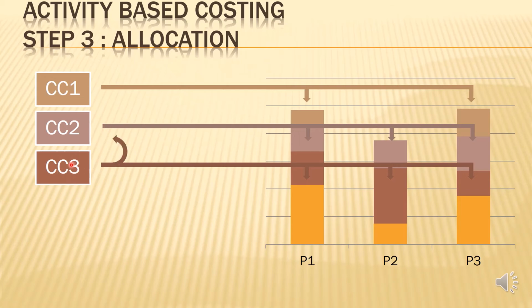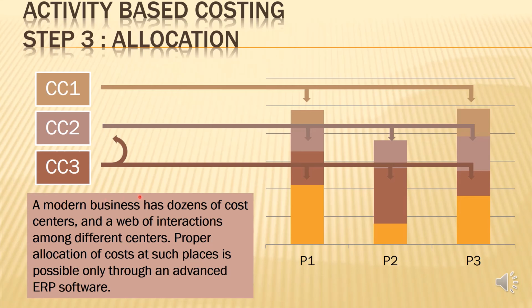So such as this one, where CC3 is passing on some of the share cost to CC2, and only some part is going to the products, and then CC2's total cost will increase. It will be their direct cost plus some share from CC3 as well. So that is what makes this a little more complicated to be solved through human calculations. It requires a computer or an ERP to take care of this, because a modern business would have dozens of cost centers, and then these interactions, such as what I mentioned between CC3 and CC2, there will be so many